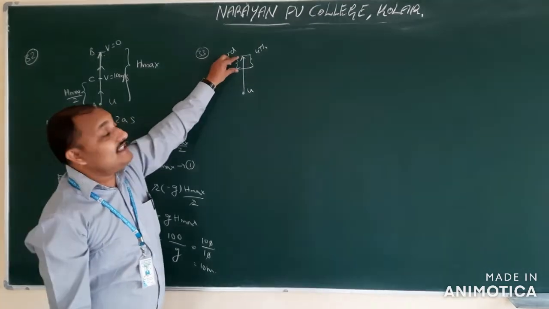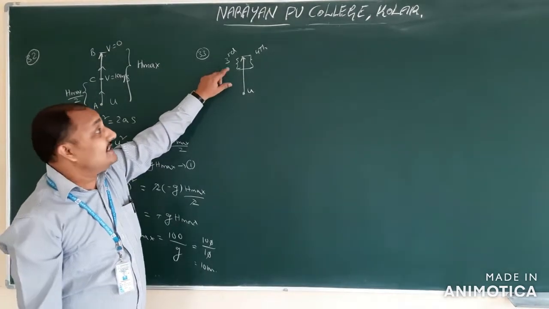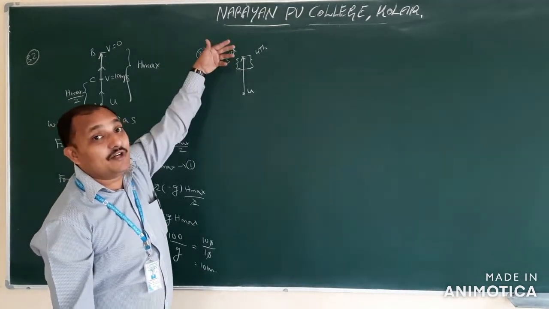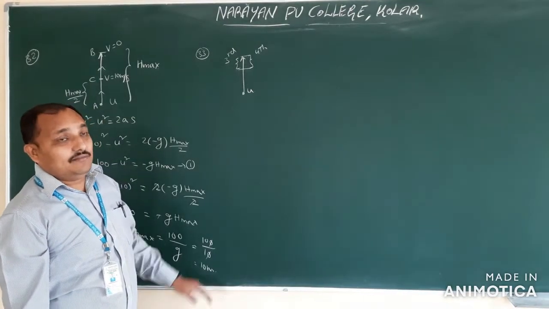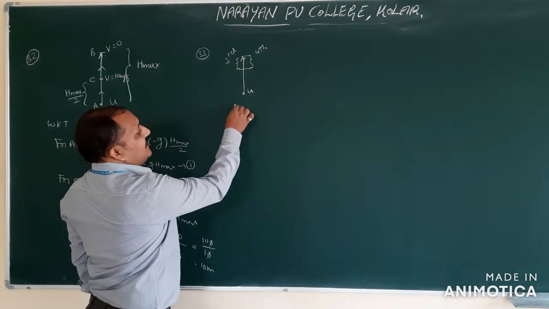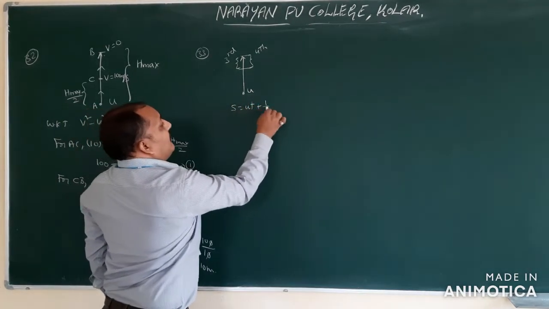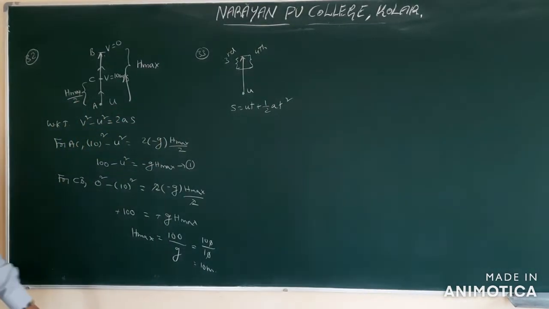Equal means it is reaching maximum height in which second? The 3rd second. Means in 3 seconds how much distance is it going to cover? That is only the maximum height equation, isn't it? Is it wrong? Therefore which formula do we have to apply? S is equal to ut plus half at square. Correct? So that formula we are going to apply next.